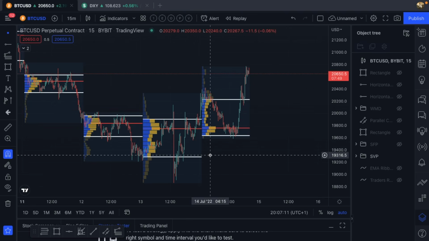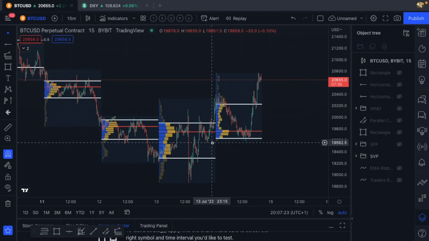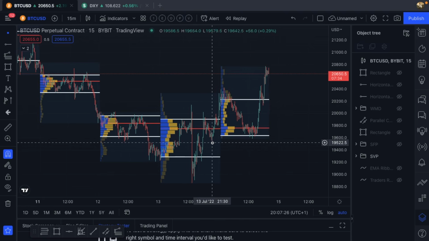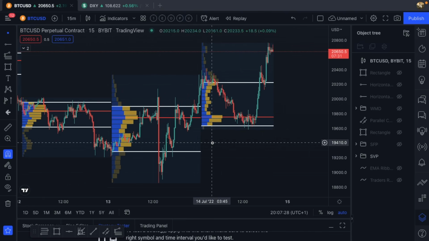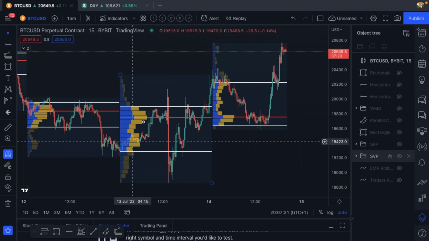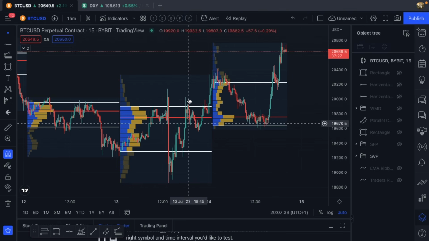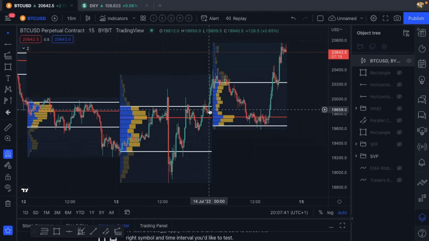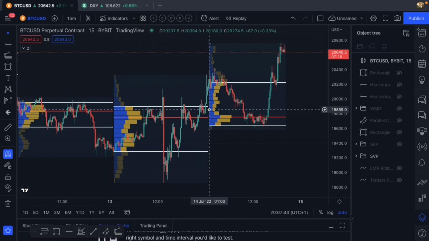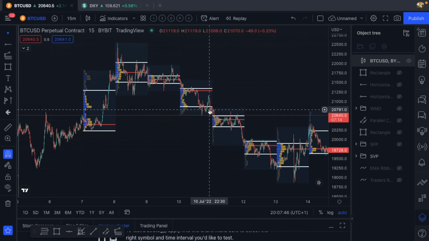Markets generally don't go up and down in a straight line. Very rare. Bitcoin goes parabolic once in a while up and parabolic once in a while down. But other than that, it's always in a range. So if we're in a range 80% of the time, that means 80% of the days are also going to be in a range. So they're just going to kind of go up and down and up, and that's it. So this really will help you understand rotation of the market on a daily basis. And you'll start to understand how to look for some stuff. For example,